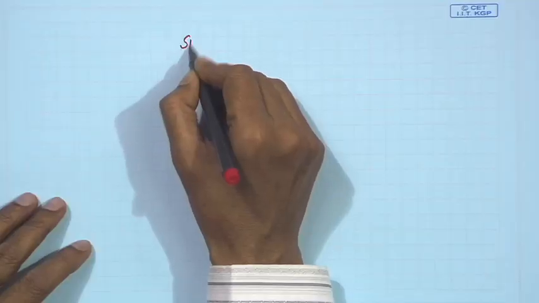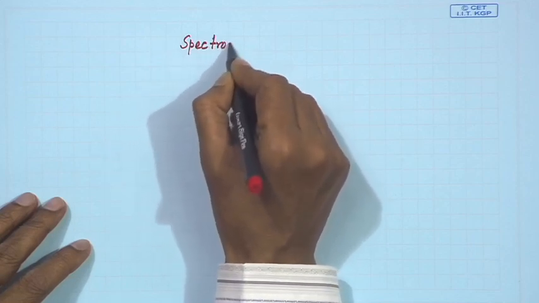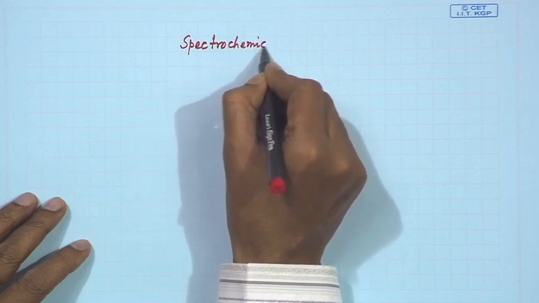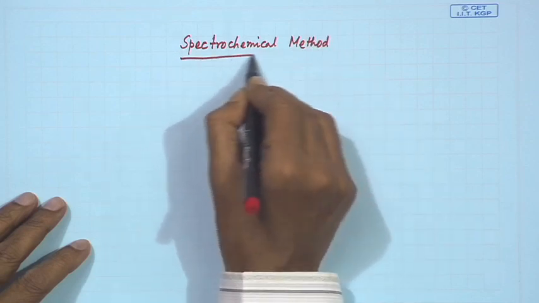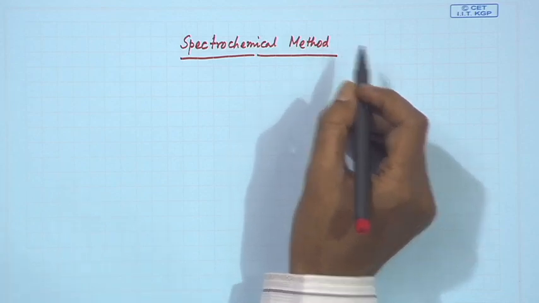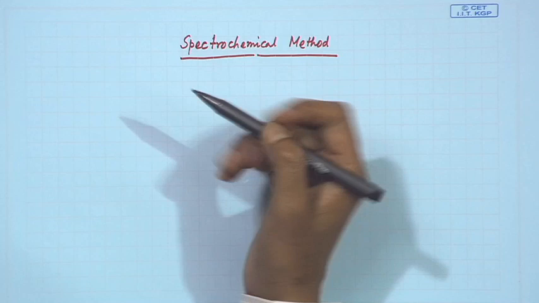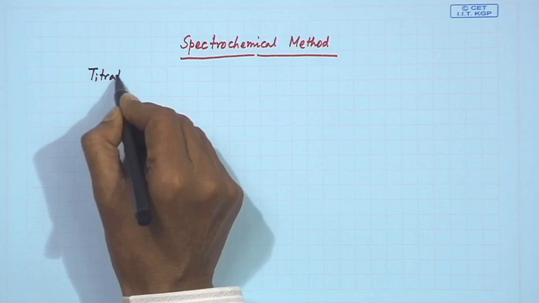So, at this particular point we will be finishing our equilibrium process. Next we will be going for the spectrochemical method. Today we will only introduce the spectrochemical method. How we can use that for our regular titrimetric methods or the titrimetric processes, where we consider these spectrochemical methods serially from the titration. We will introduce you for that